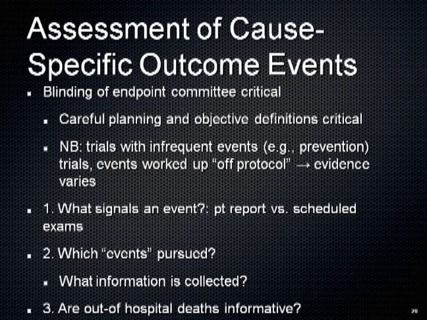Now, assessment of cause-specific outcome events. That's something, again, that there has to be blinding. If you are, for example, aware that somebody's had a radical prostatectomy for prostate cancer, there's good evidence that someone is less likely to put on the death certificate that they died of prostate cancer than otherwise. There tends to be a systematic distortion that's outside the setting of a trial, but it's data that's sometimes used. You can get the same effect if you have a committee that's trying to determine cause-specific outcomes.